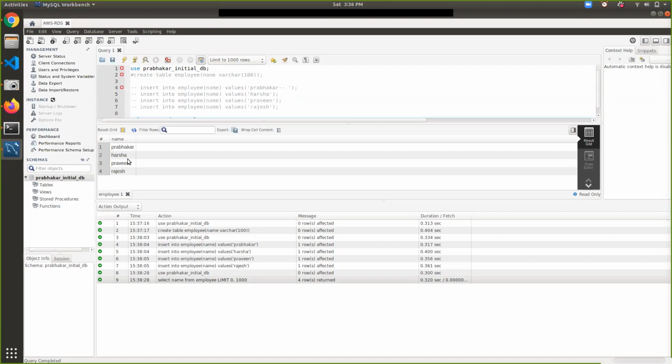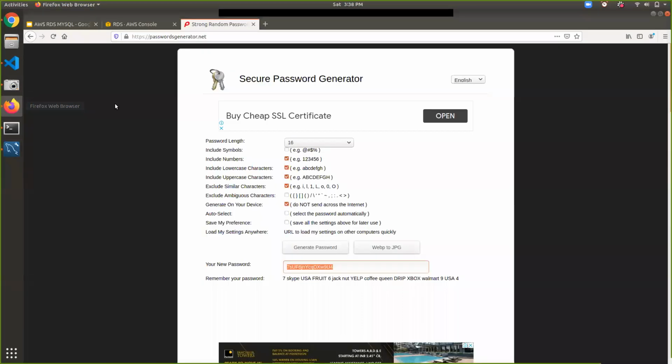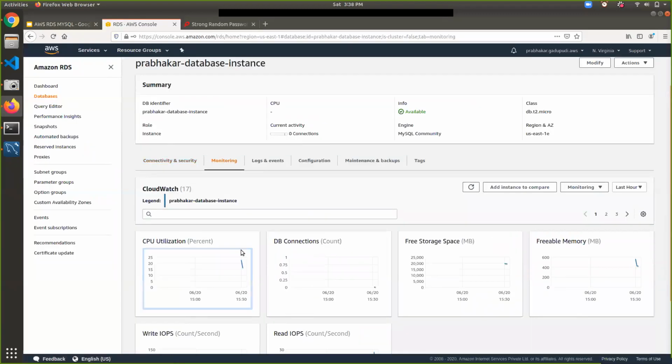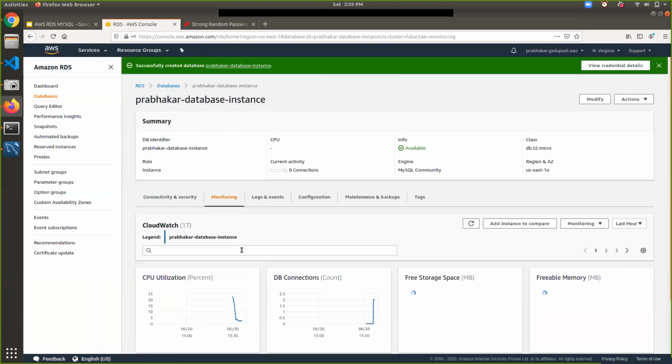It is very simple to create an instance and work on it, and we can also add advanced configuration for taking backups automatically and auto scaling if the performance is at a peak. Let's take an example: if I go to my RDS instance and check monitoring, and my CPU utilization is at a very peak level, I can add an additional instance as part of auto scaling.